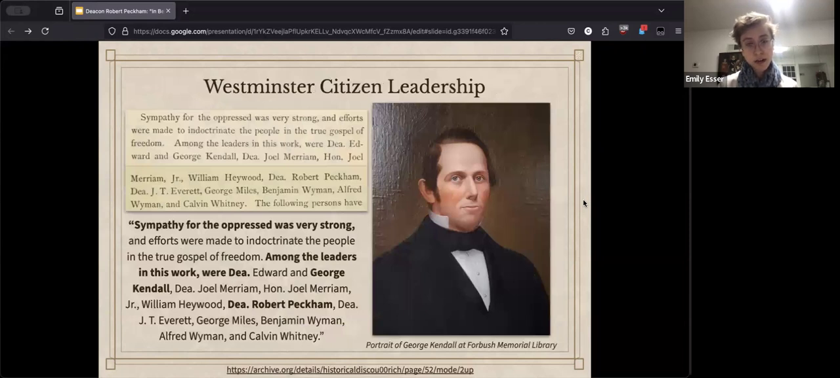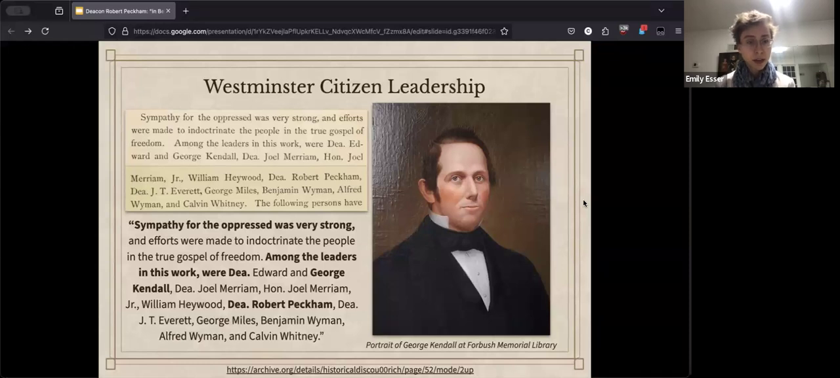Here's one of them, George Kendall. He is at Forbes Memorial Library. His portrait, at least. So Peckham represented him here. He probably painted more members of his family. We don't have those. They might be out there, but we do have this one, and he appears in Judson